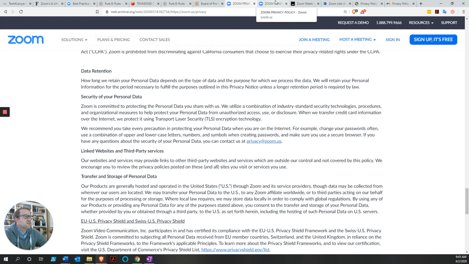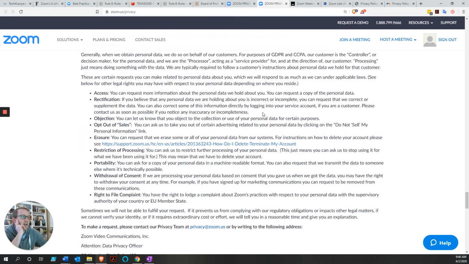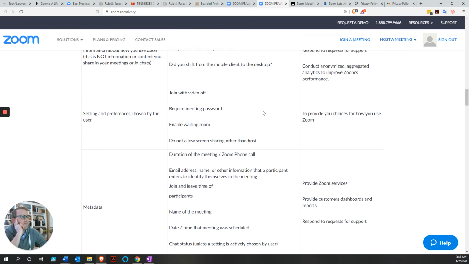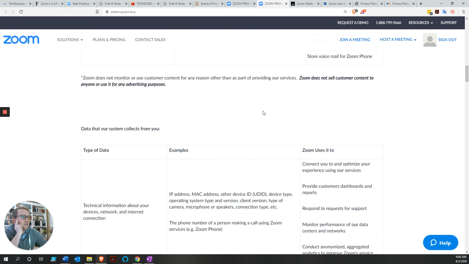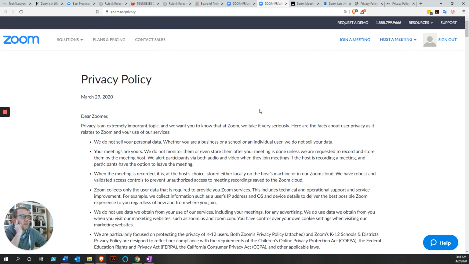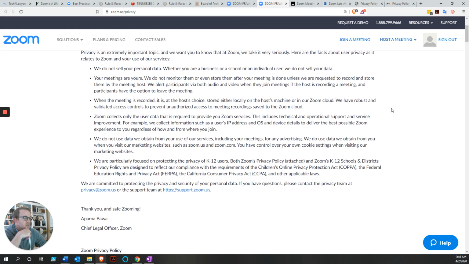But let's look into Zoom's current privacy policy. And this isn't so much to just beat up on Zoom, as much as it is to show some of these red flags that we have. And right off, as we scroll through this, you see that this has fundamentally changed, at least in its wording. Now, this was created on March 29th. So March 28th is the last use of the old policy. And first off, this was in response to some major privacy issues that they have.